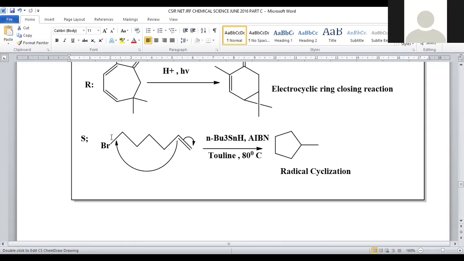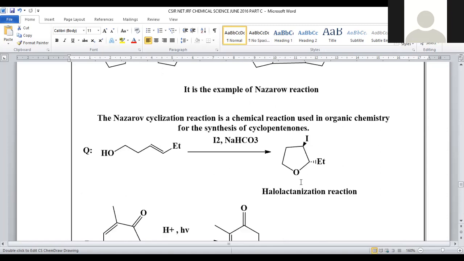The mechanism will be homolytic and free radical. So bromo will be discarded and ring cyclization is possible. Whenever ring cyclization is possible, here we will get methyl. So methyl group will be there, because here a 5-membered ring is more stable than a 6-membered, right? That's the reason why here selectively a 5-membered ring with this methyl group as a side chain substitution. This is a kind of radical cyclization because the mechanism proceeded with this AIBN. AIBN is a selective reagent for free radical reaction, right?